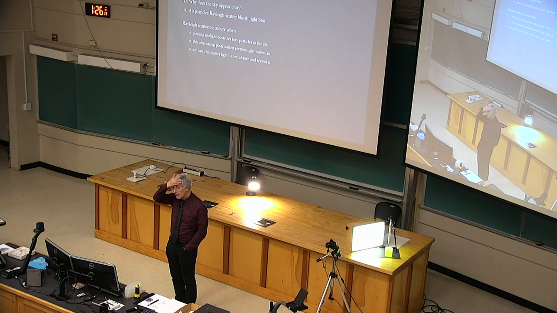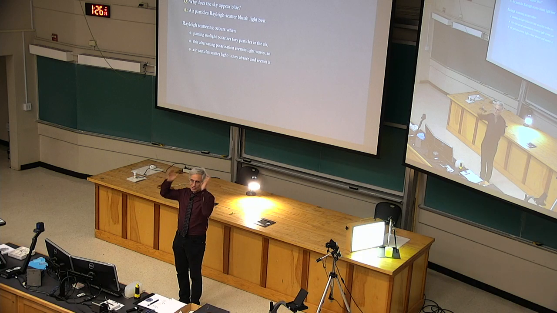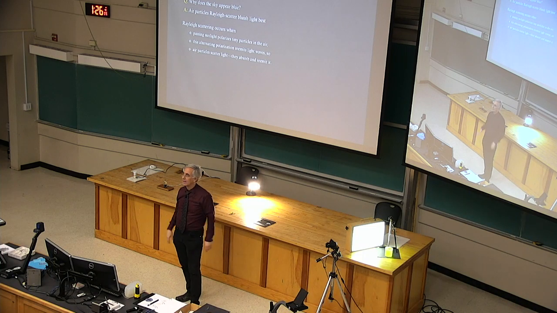The blue end of the spectrum has a short wavelength. It's short enough in wavelength that it starts to see these little particles as decent antennas. Not great, but tolerably good. The red end of the spectrum with its long wavelengths just ignores those particles. They're too tiny, we don't care.